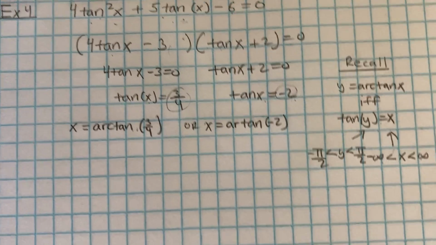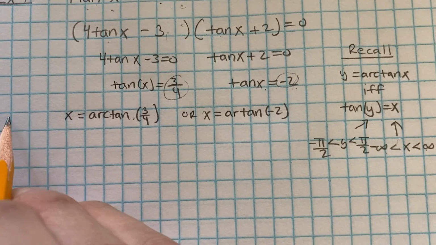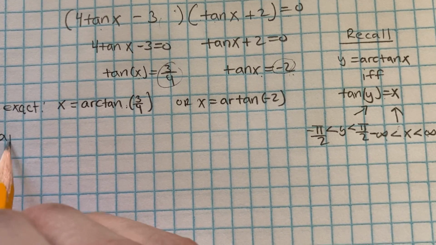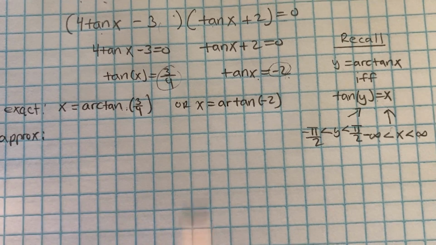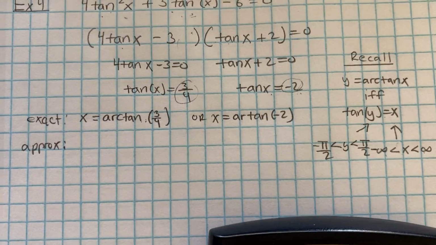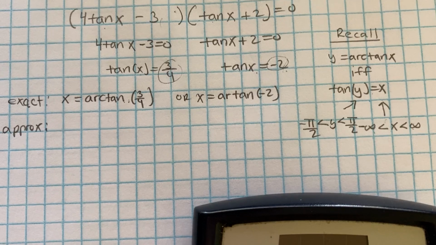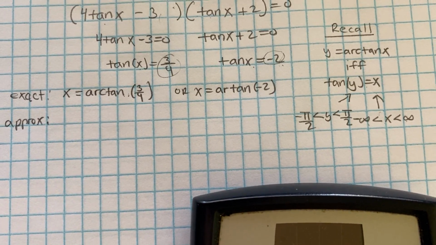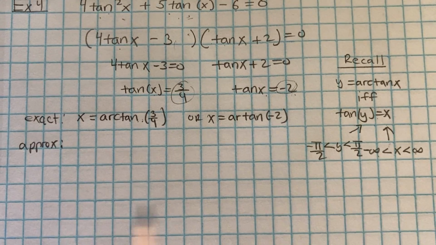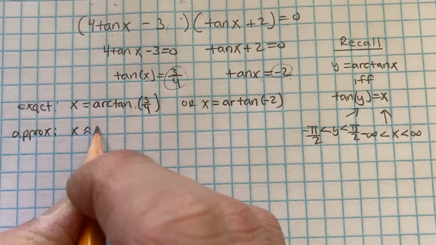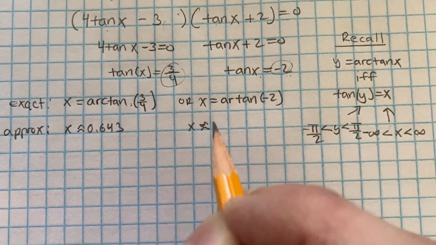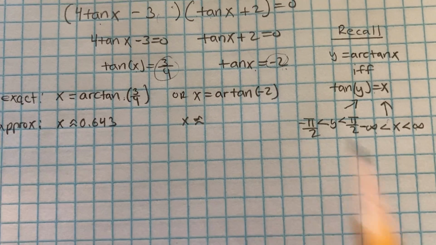All right, now is where I'm going to use the calculator to see what the approximate answers are. These are exact. Now the approximate solution, so I know if these solutions fall in the interval from 0 to 2 pi. So when you enter arctan of 3/4 on your calculator, again, make sure you're in radian mode. You're going to get approximately 0.643. On this one, if you hit the arctan button, arctan of negative 2, I believe you're going to get negative